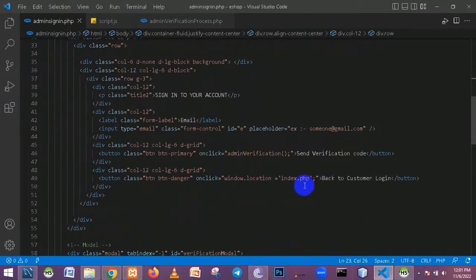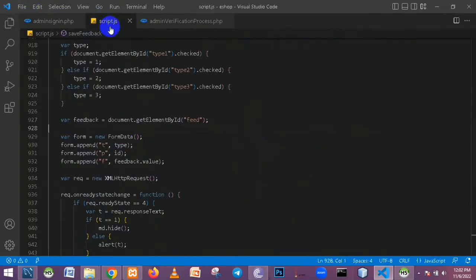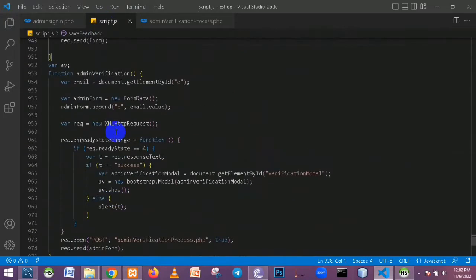You can see I use this admin verification command inside this send verification code button here, and previously we used this window location to the index.php file to go back to customer login, and I use this onclick attribute to send that command to the JavaScript file. So I use this admin verification like that, and now I am going to my script, and you can see there's a variable here. I made that a global variable, like AVE, and get my command here using a function, and